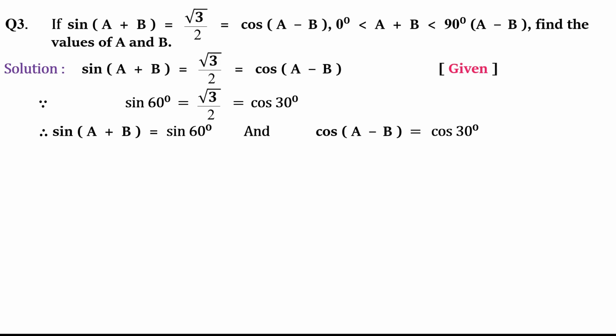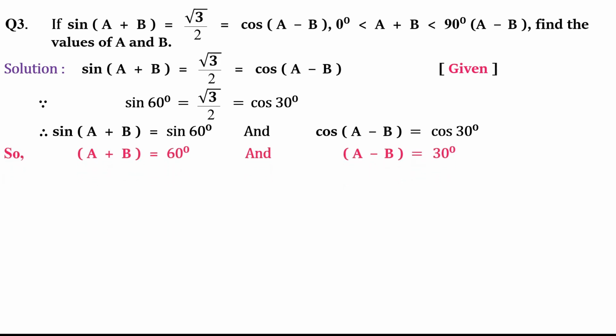So in the given part, it is given sine a plus b is equal to root 3 by 2. And as far as my knowledge, sine 60 is root 3 by 2. That means sine a plus b is equal to sine 60. Similarly, in the question they have given cos a minus b is root 3 by 2, but according to the knowledge I have of the standard angles, that table, I know that cos 30 is root 3 by 2. What does this mean? That cos a minus b is nothing but cos 30. So that means this unknown angle a plus b is equal to 60, and for cos, the unknown angle a minus b is equal to 30.